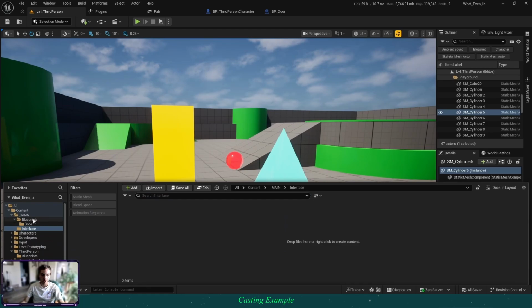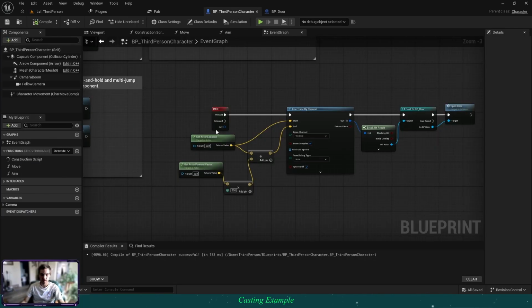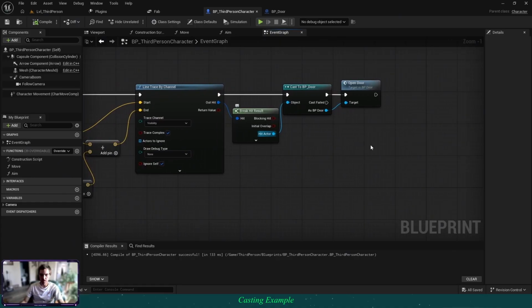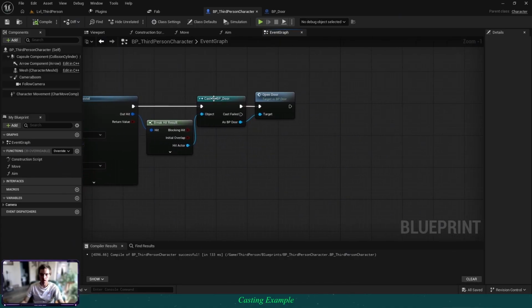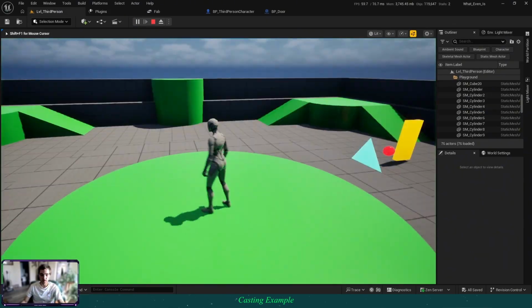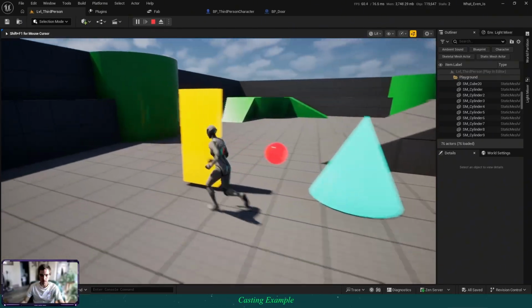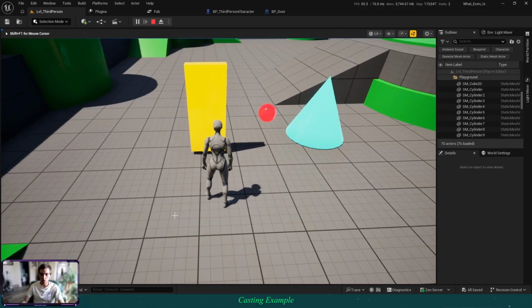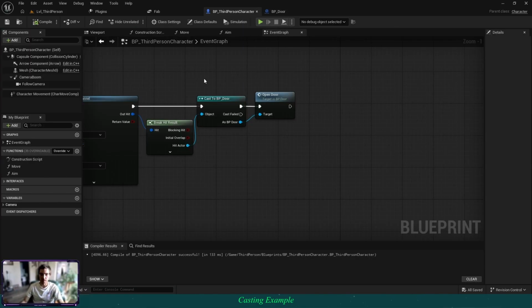Normally, you might have something going on like this. The player presses E, it shoots a line trace, the line trace hits an actor, and then we cast to our blueprint door, and we call an open door function. This will work, as you can see in the example. If we approach the door and we press E, you can see that the door rotates. So that does work, but you may also be able to tell that because we had to cast to the specific actor, not only are we creating a hard reference and casting to the actor,